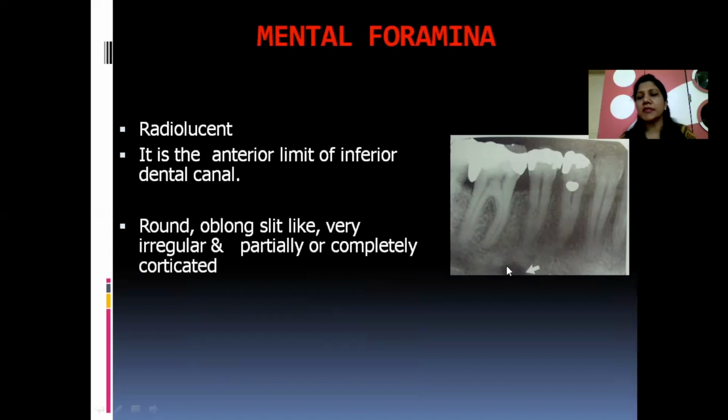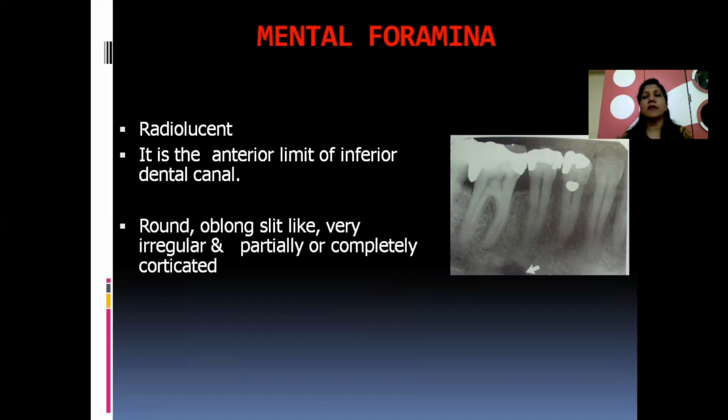Like for example, this is a mental foramen. If it is above or very near to the apical region of a premolar, you may misdiagnose it as a periapical pathology of those teeth. Then what are you going to do? You are going to trace the lamina dura of that particular tooth. If your lamina dura is intact, that means the tooth is not affected with any periapical pathology, and that is your mental foramen. Why is it mental foramen? Because it is the normal landmark which is present in that particular area.